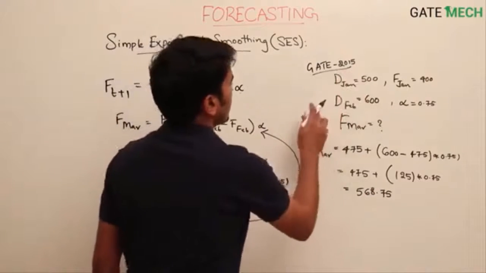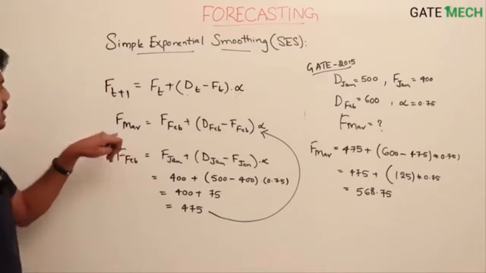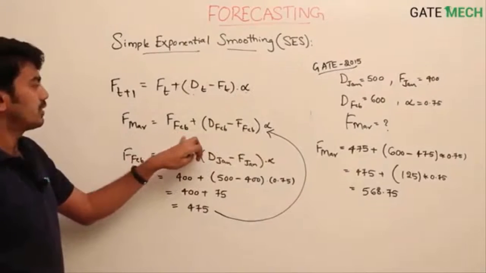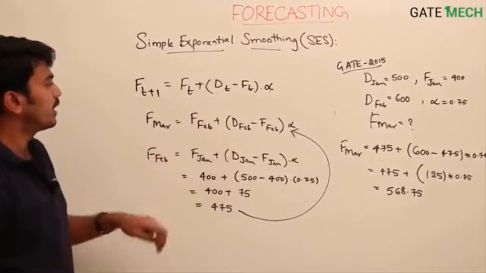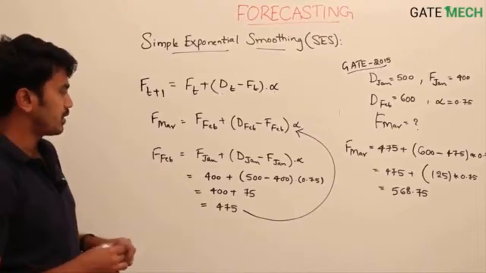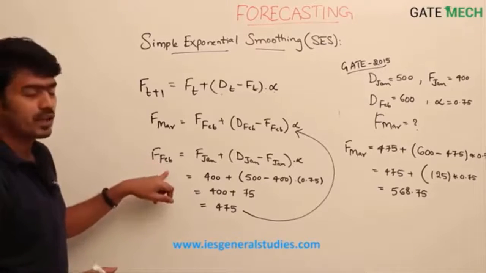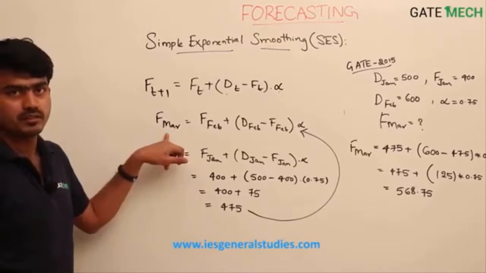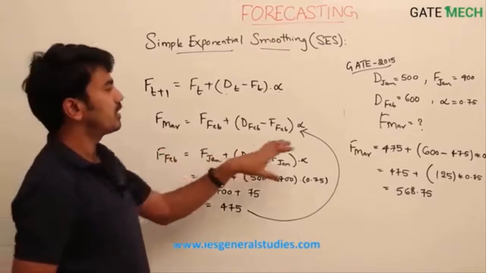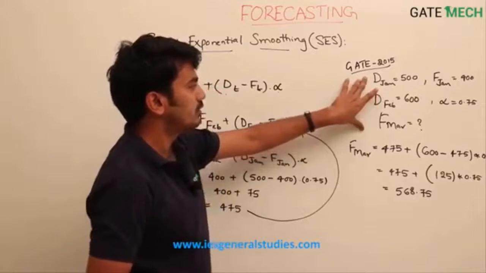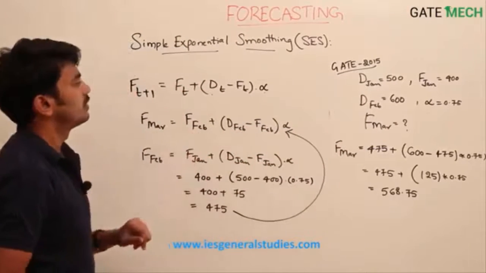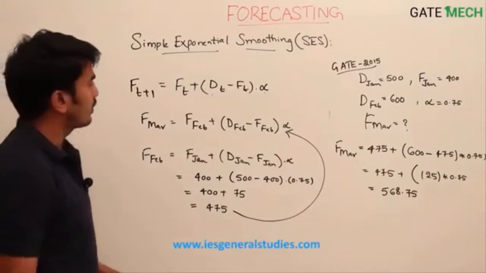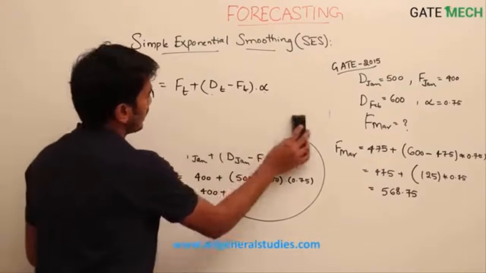In this question you can see it's not straightforward: it asks for the forecast for March without giving the forecast for February. So it's inherently asking two questions. Question one is to find the forecast for February first to arrive at the forecast for March. So you need to understand how the data is given before attempting this method. Now we will see another way of looking at this simple exponential smoothing.